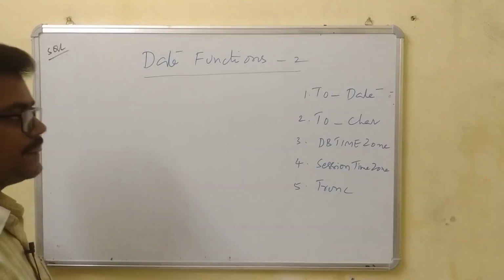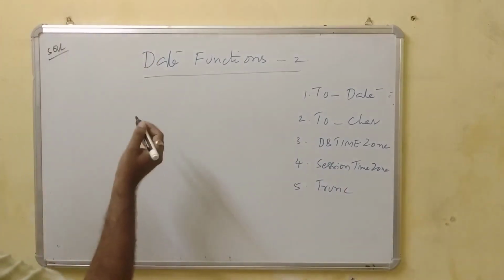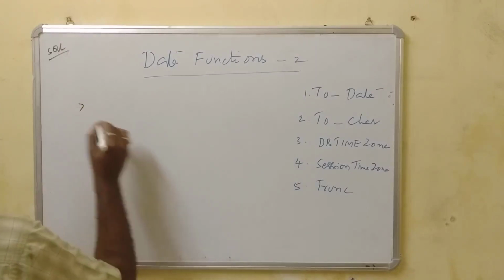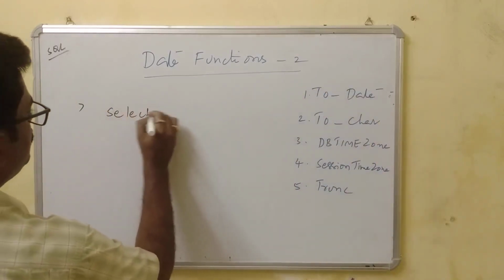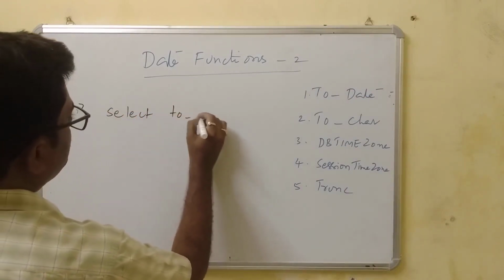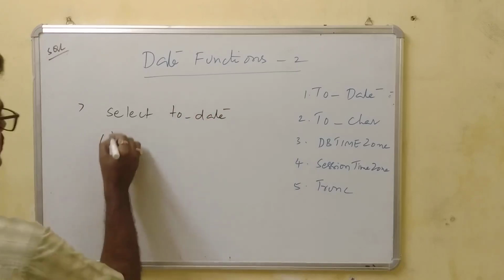So easily we can understand if you know all these available functions, available commands and available operators, right? Now let us discuss these predefined functions. So to_date: select to_date. Here we are going to give, for example,